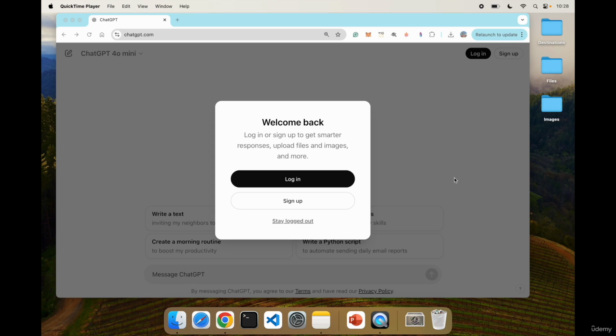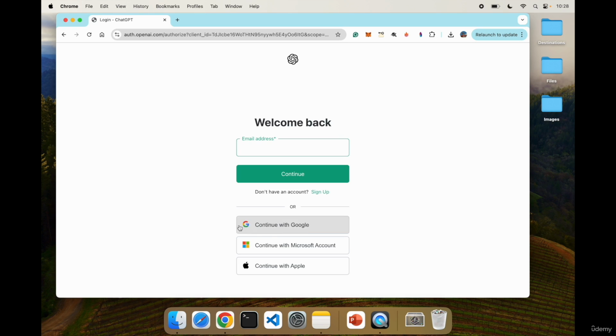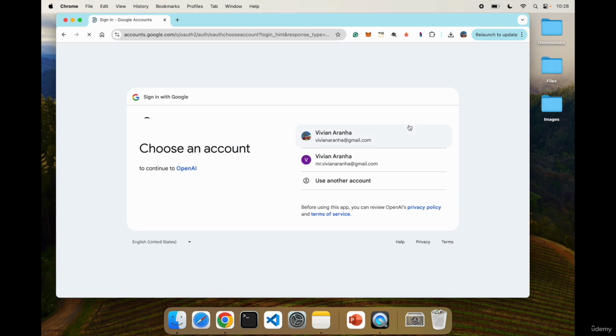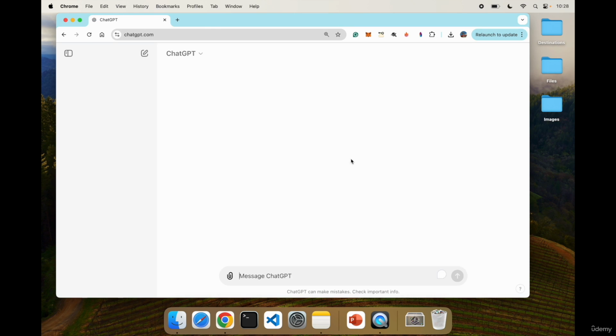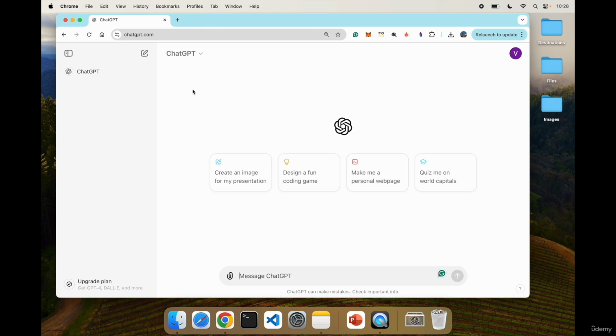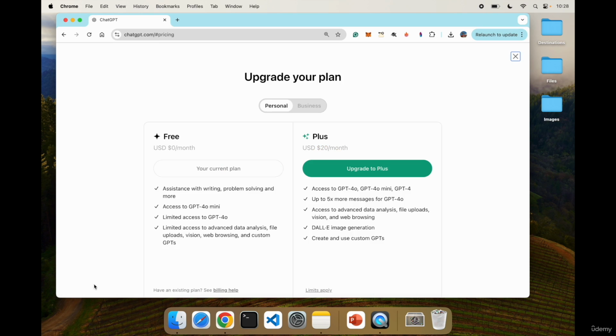So first, let's come to chatgpt.com. I'm going to log in with my Google account associated with my ChatGPT. So I'm going to go here. Let's say I'm going to use this account. Now this is not a Pro or Plus account. So what will happen in this case is if I want to create my ChatGPT, I'll have to upgrade, or